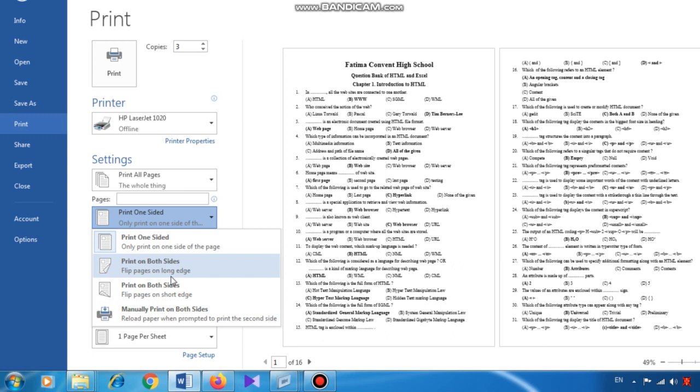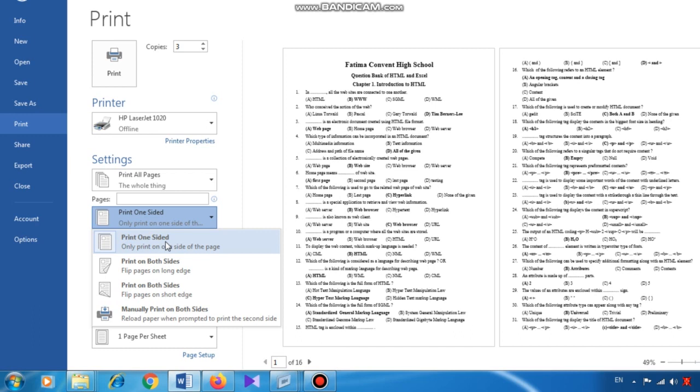Now see, if I click on print one-sided, what will happen? If I have 16 pages, then it will take 16 papers, and on one side of the paper it will print the matter of the first page. On the next paper it will print the second page, and so on.